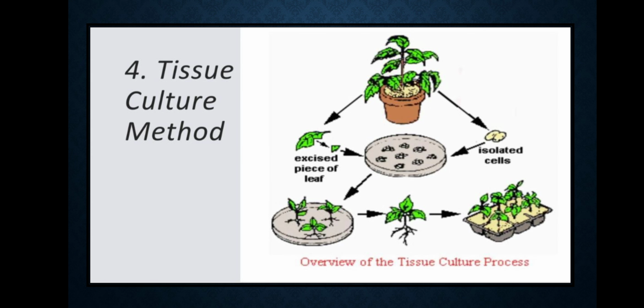The last method, the fourth artificial method, is tissue culture. It involves the use of small pieces of plant tissues which are cultured in a nutrient medium under sterile conditions. Using appropriate growing conditions for each tissue type, the plants can be induced to rapidly produce new shoots, and with the addition of suitable hormones, new roots are developed. The best examples used for the tissue culture method are your oil palms, pine, banana, date, tomato, and many more.